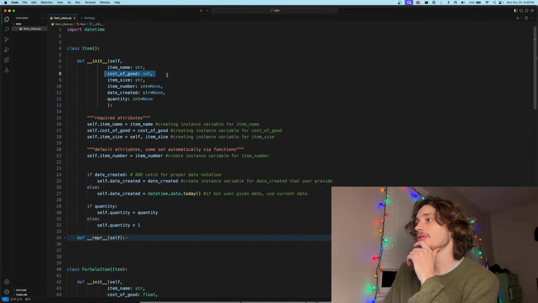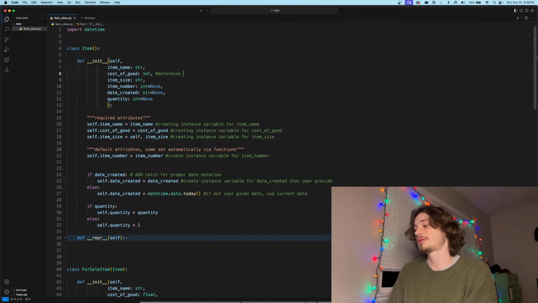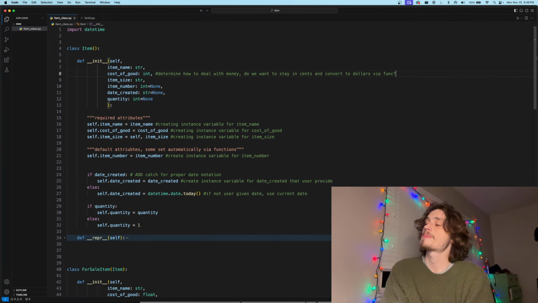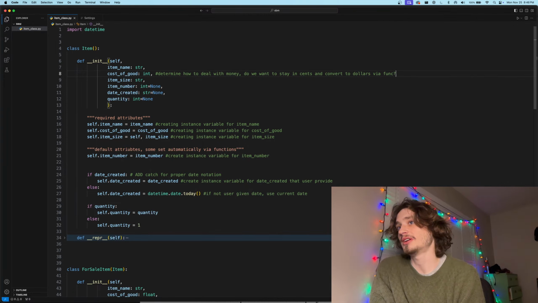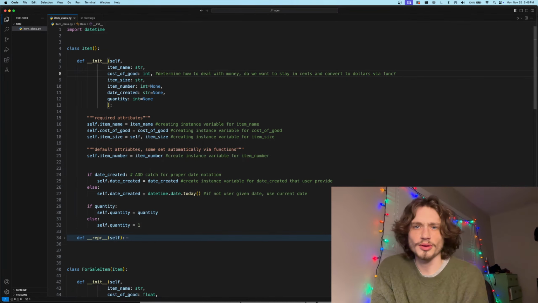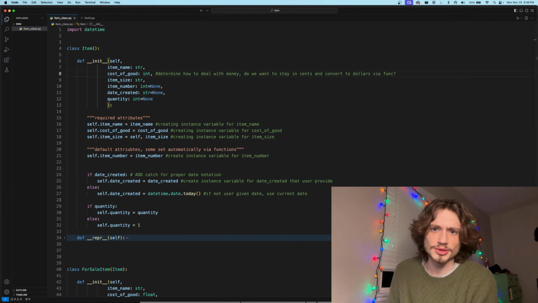So we need to determine how to deal with money. Do we want to stay in cents and convert to dollars via a function? That would definitely be the easiest way to do it, because you could just keep it in a whole integer value of like 1,000 cents. Then 1,000 cents divided by 100 would give you the amount of dollars. And then convert that to a float. Or I don't know, would you even convert it to a float? Maybe, but